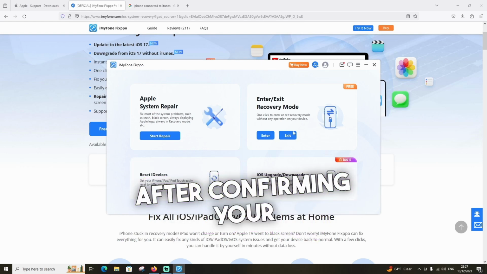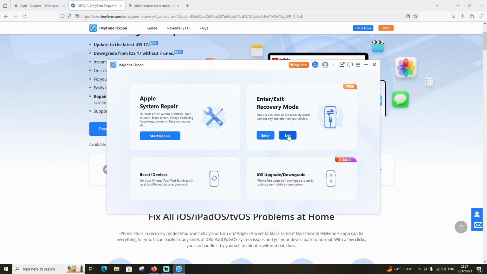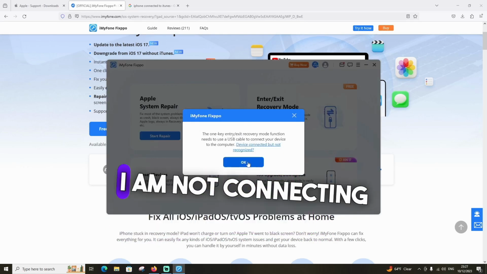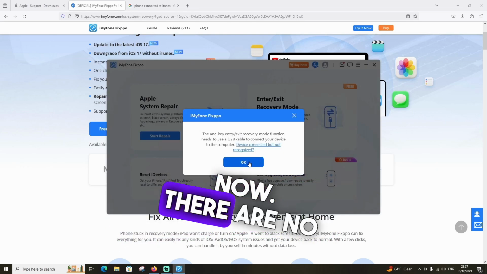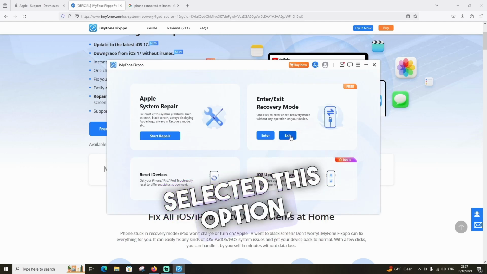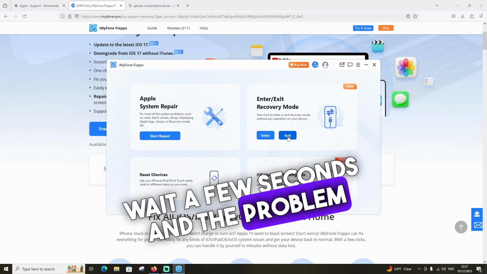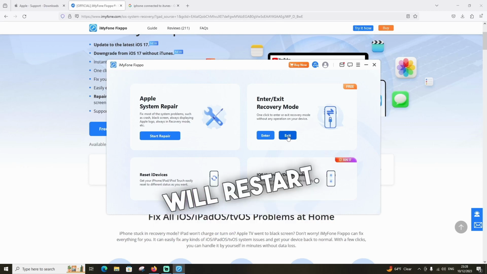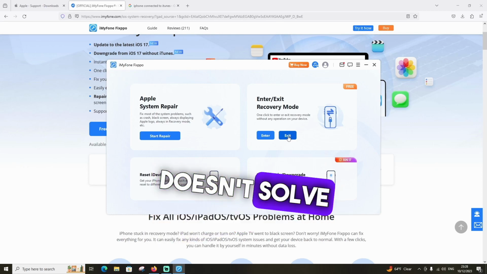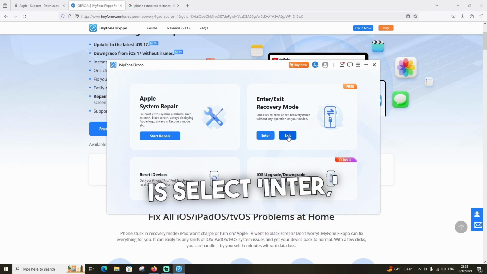After confirming your iPhone is connected to iTunes, click the Accessed option. Of course, I'm not connecting my device right now. There are no issues. Once you've selected this option, wait a few seconds and the problem will be resolved. Your iPhone will restart. If this process doesn't solve your issue, the first thing you should do is select Enter,